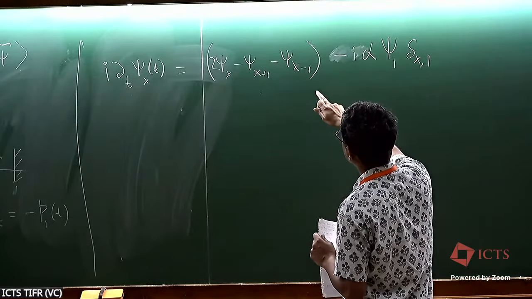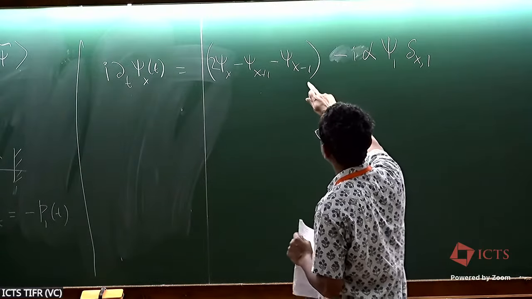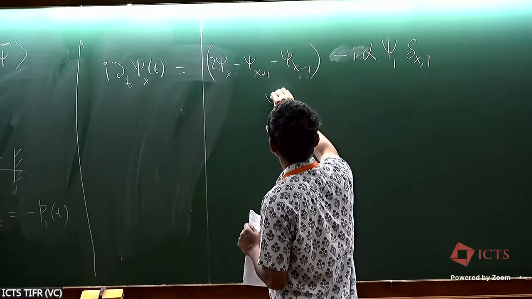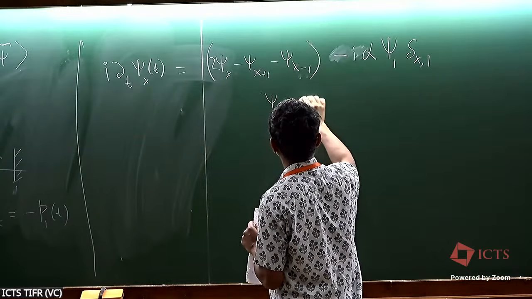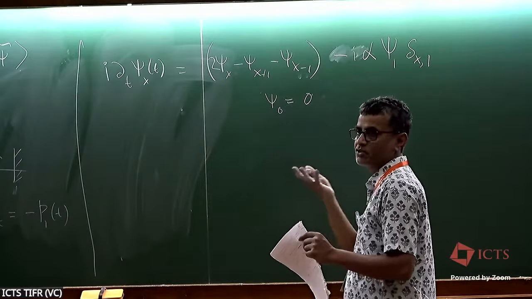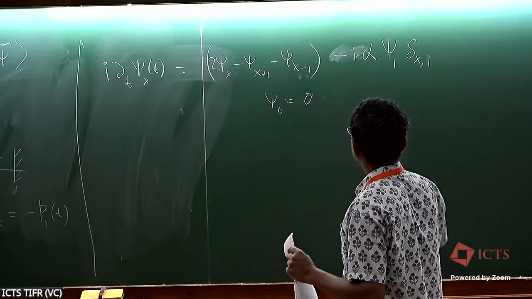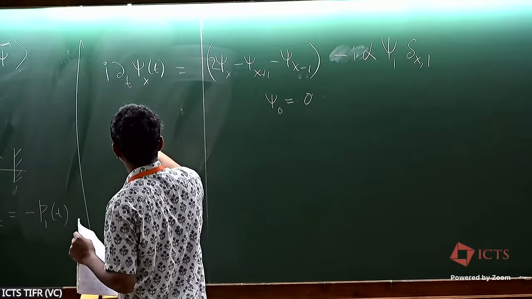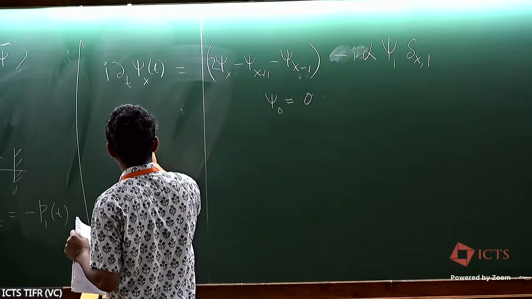Here we also have to introduce one boundary condition, because there's no psi at 0, right? So we have to say psi_0 is equal to 0, because there's no site 0. This is the equation we want to solve, with the initial condition that psi takes at